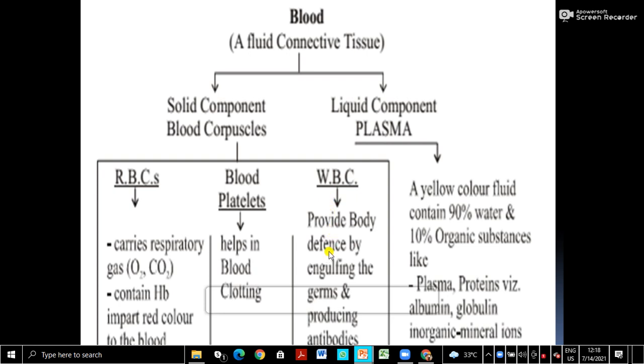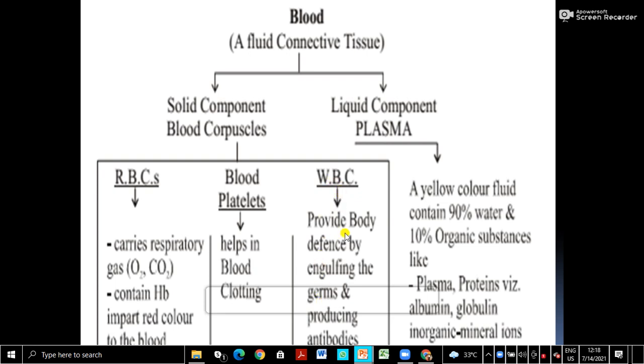So what is the important role they do? They defend our body from foreign bodies. Foreign bodies means the germs like bacteria, viruses, fungi, etc. that can enter along with the air. If these microbes enter into the body, they are engulfed by WBCs. So they are part of the immune system. Last year, in class 9, we learned about our immunity and immune system. The immune system is a complex system, and one important component is WBCs.